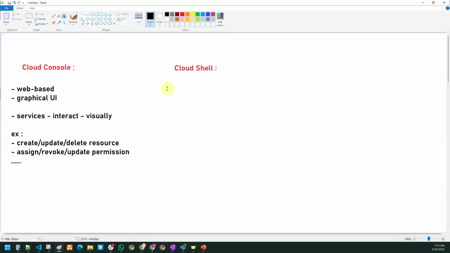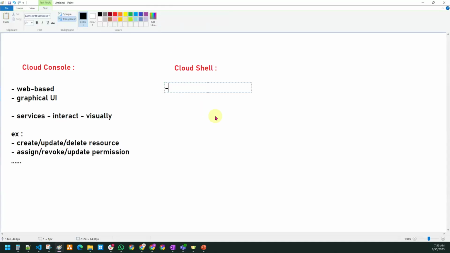Cloud Shell is also web-based. Any guesses? Is it a command prompt, graphical user interface, or what? Command prompt. Correct. It is a command line interface.